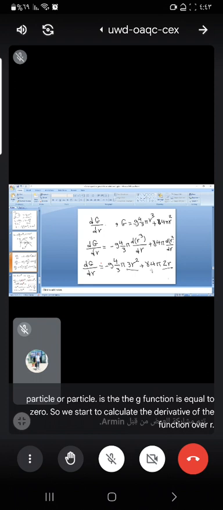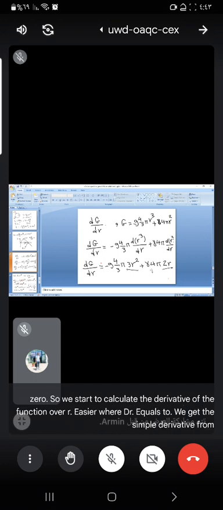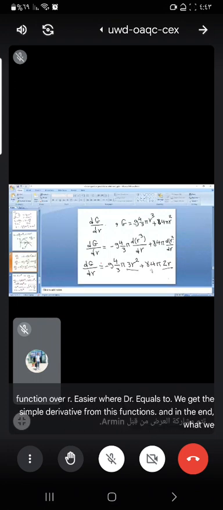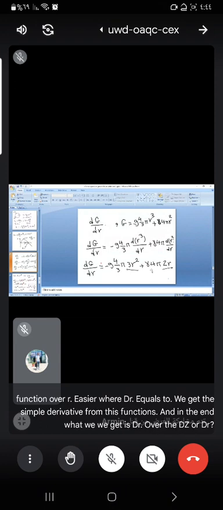So we start to calculate the derivative of the G function over R. dG over dR equals to, we get the simple derivative from these functions, and in the end what we get is dG over dR equals minus GV 4 over 3